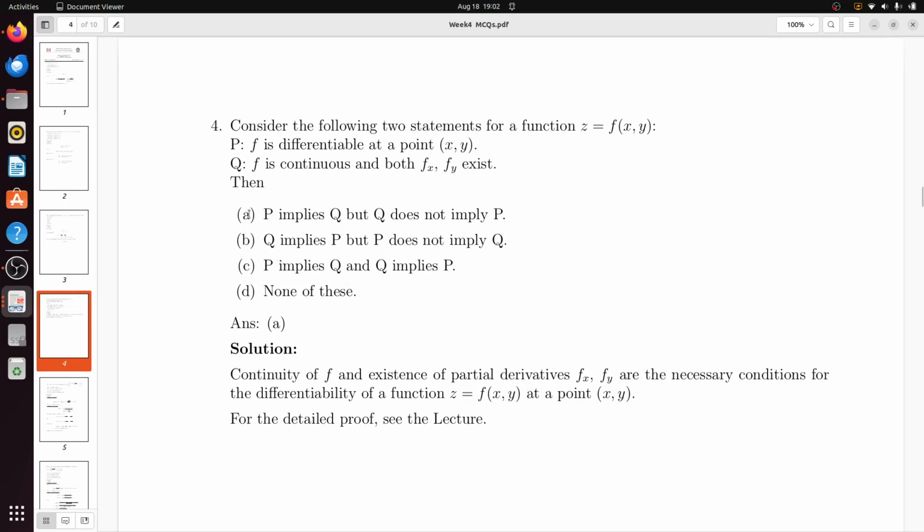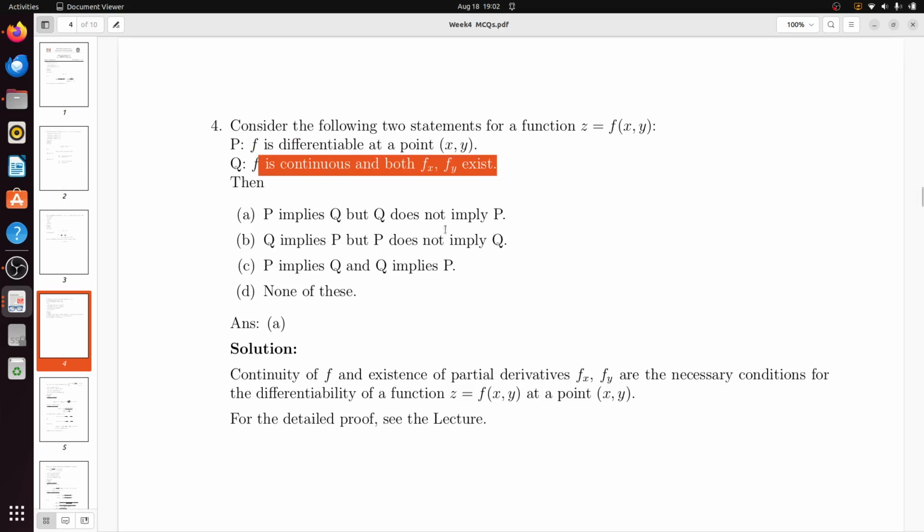So the correct answer is A. Why? Because if f is differentiable at a point, it will automatically imply that f is continuous and both fx and fy